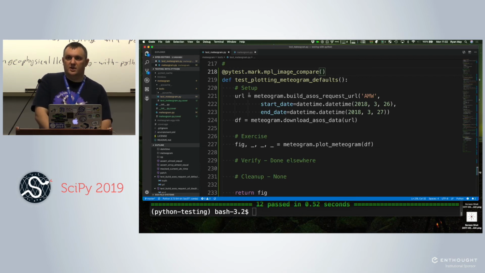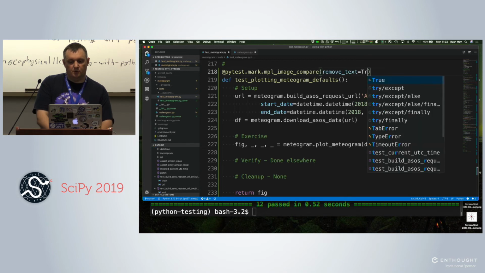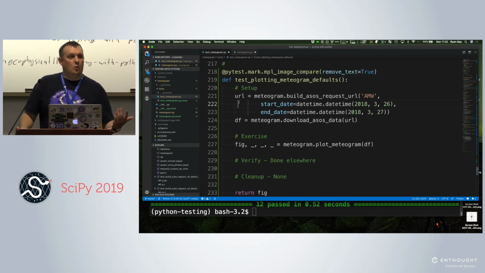One option you will most likely always want to be using, if you're using this, is remove_text=True. One of the parts of doing these image-based comparisons is it can be very finicky, especially with text. You can get little pixel differences that aren't significant to you, but the computer is going to pick these out really well.